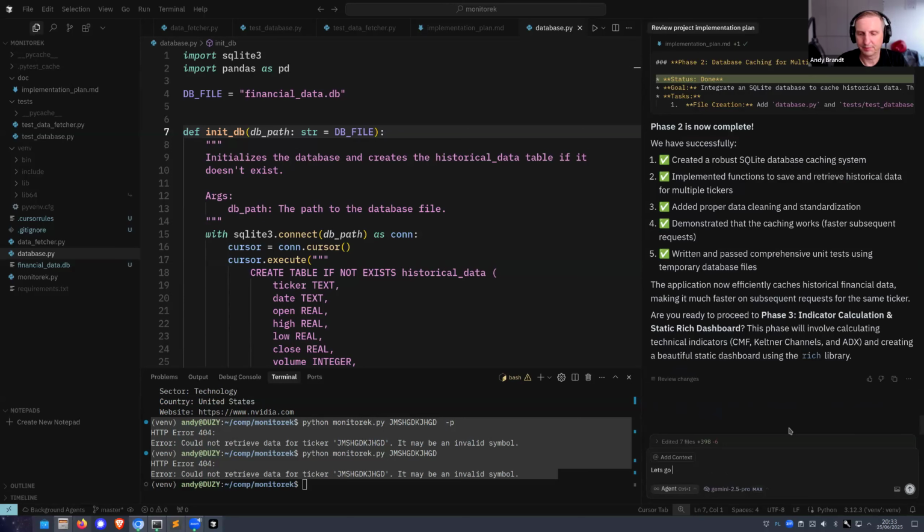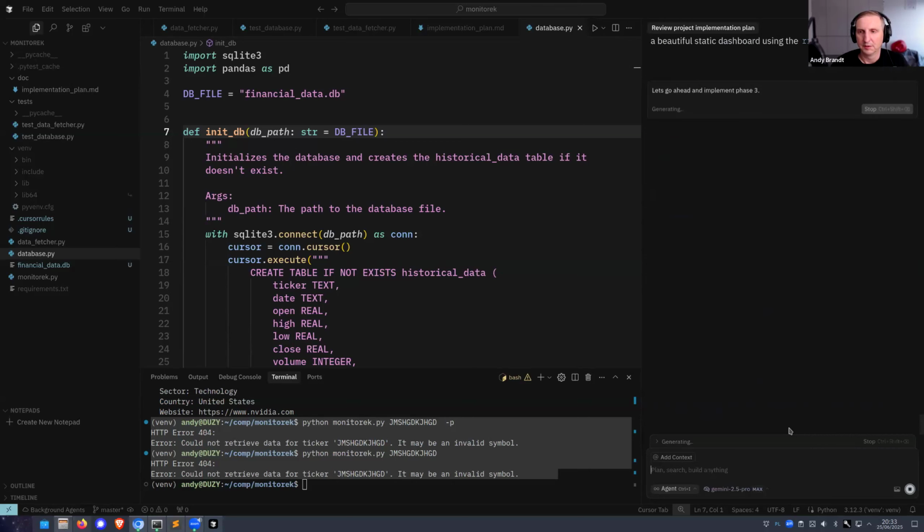Okay, let's go ahead. So we are moving forward. How are we doing on time? Oh, I don't have much time left, but I hope to get to a working application with a complete test suite pretty quickly, and then we'll be able to show how we can expand upon it.